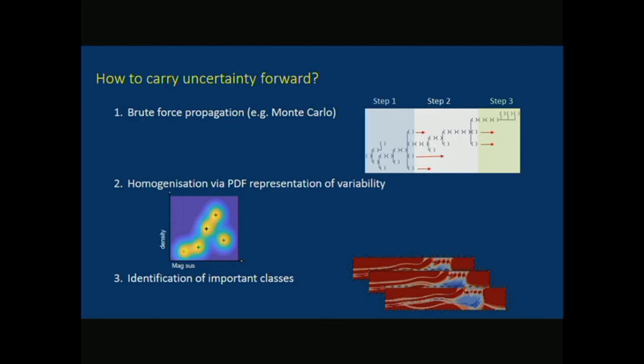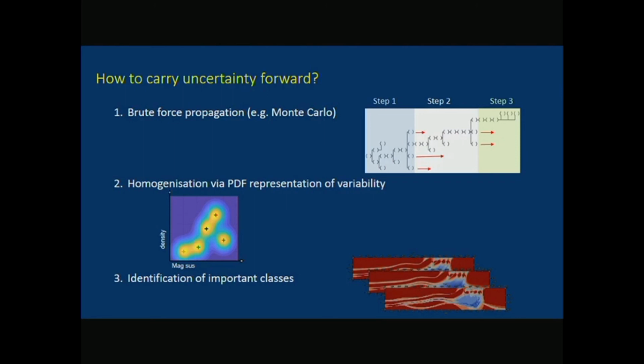So one way you could do that is by some sort of brute force Monte Carlo stochastic approach, where you basically just did gazillions of different models. But that's probably going to tax even the nicest computers. So we probably need to do something else. And up until now, and the work that I showed you from 1990, the idea was that, well, if we can characterize the uncertainty in terms of probability density functions, then we can feed that into the next stage. And then at each stage, you only have to carry the probability density functions of the cumulative set of models that you get into the next stage of the process.